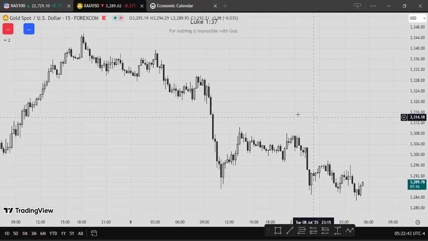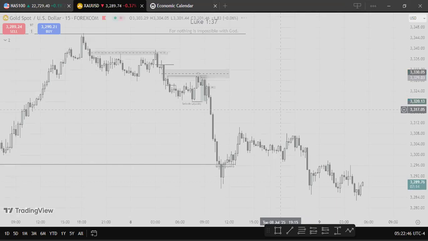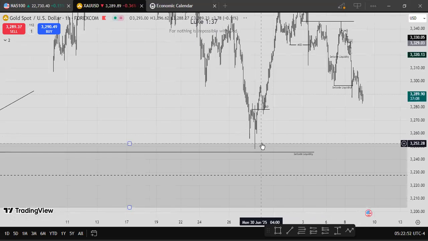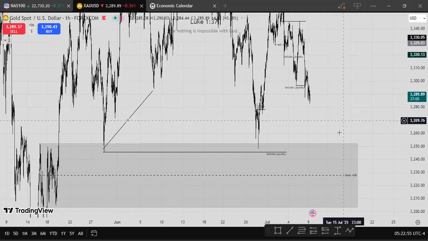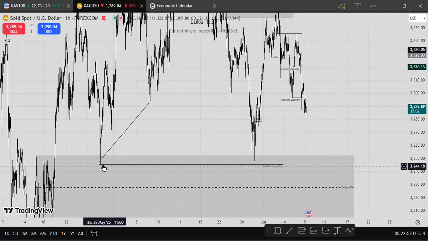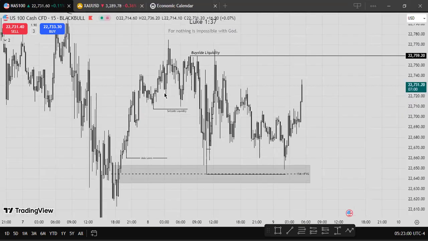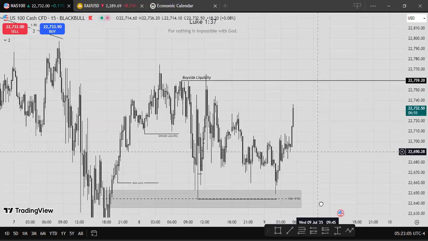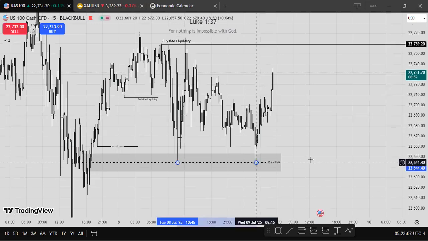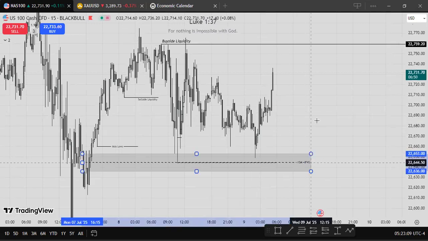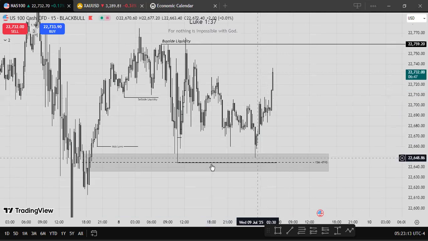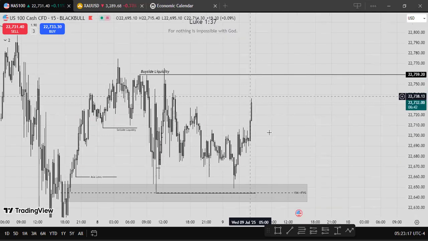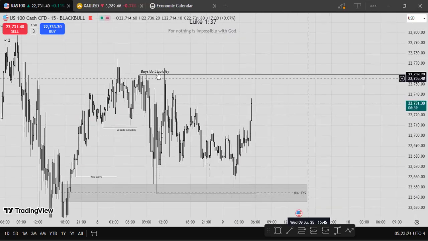Same thing that's happening on gold that we spoke about yesterday, when I said I want to see these lows here get taken. I'm not expecting us to continue pushing higher before we take out these lows here. So that's the same thing with Nasdaq, but I can see we are pushing higher. So for me to actually start looking for entries here, I wanna see if maybe before New York session we'll come back and take out these lows. Unless maybe we're gonna be looking for sells coming down here before we start pushing higher. So we'll see